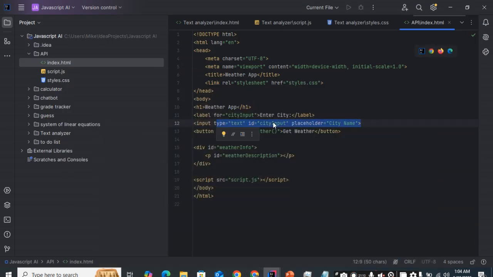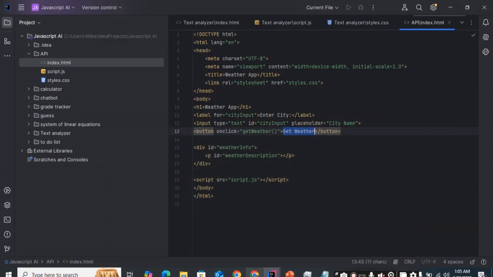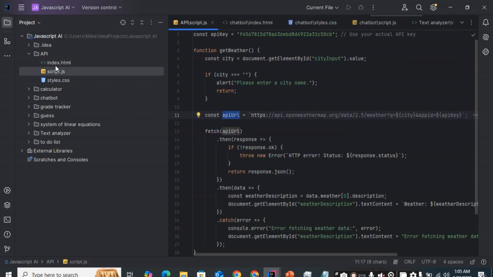So it's a text, city input, and the placeholder is city name. Now if we click on the button here, it is Get Weather. So we have a button here which is Get Weather. It will call upon the getWeather function. Now the getWeather function is described here in the script.js. So we'll go there to script.js later,